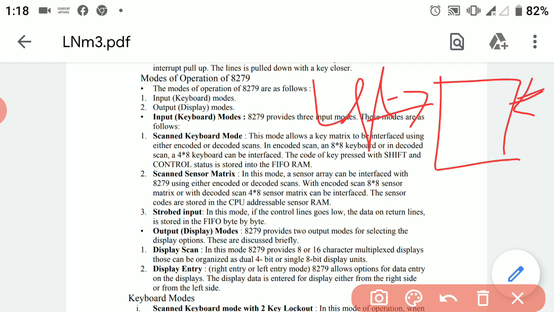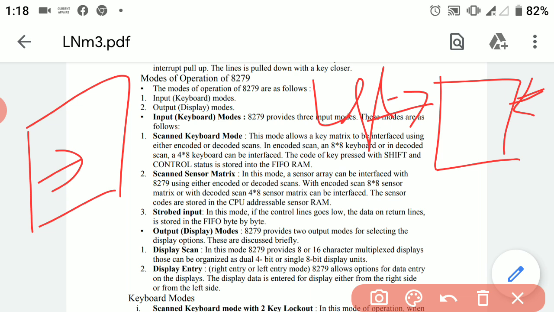That is, we can display any data from left to right or from right to left. As we have seen in CPU monitors, the data always displays from left to right. That is, any data we have to display always goes from the left side towards the right side.